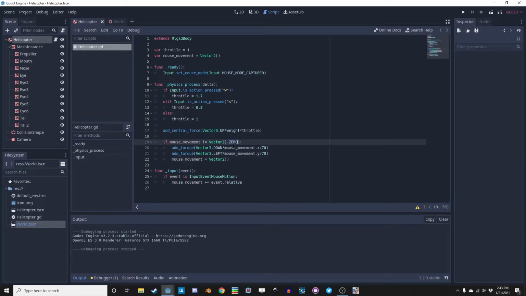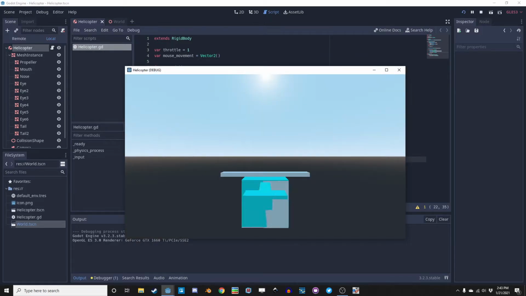Actually, you don't have to put .ZERO, you can just put Vector2(), and it assumes everything's 0. Now, if you run the game,